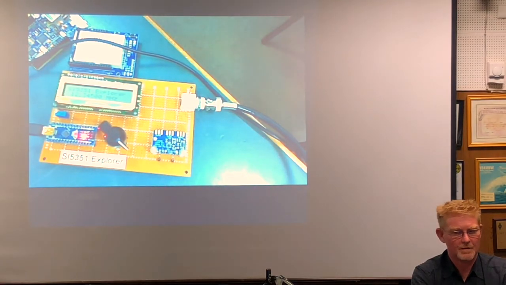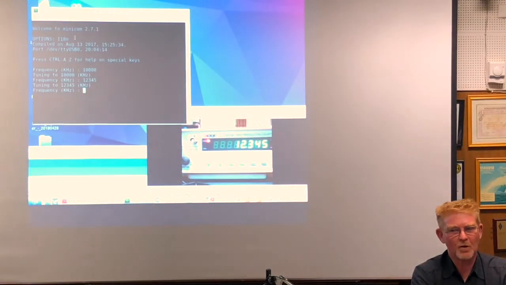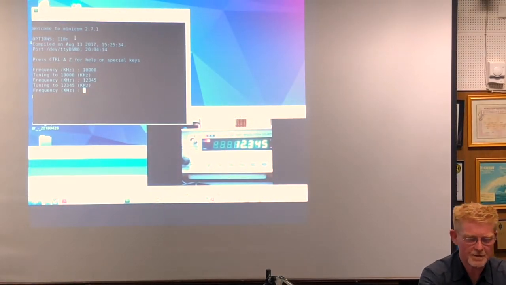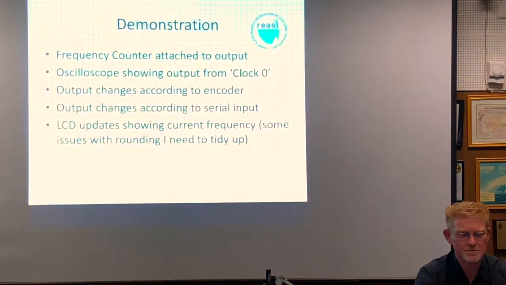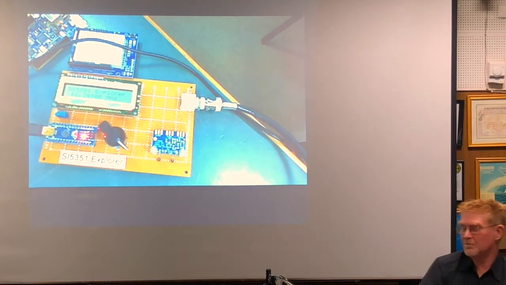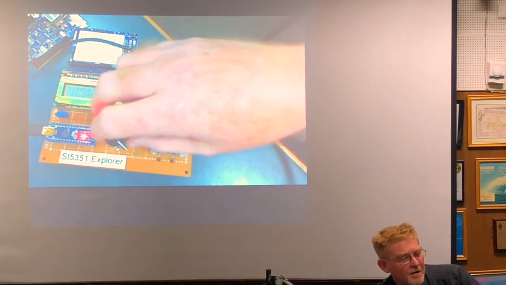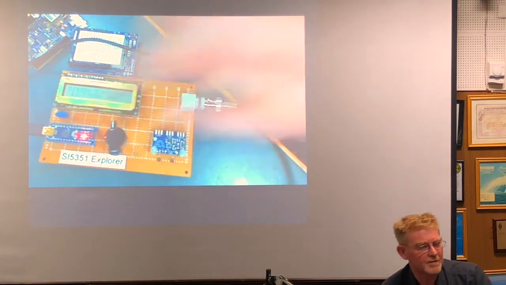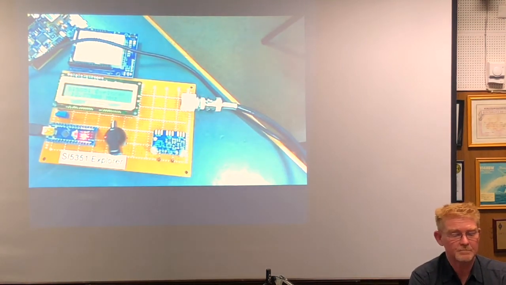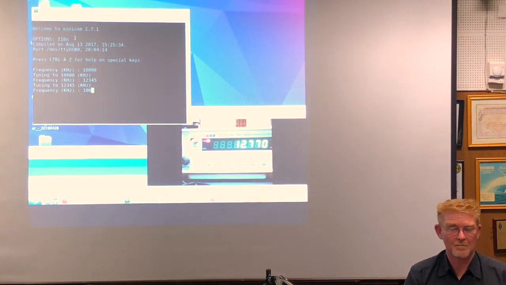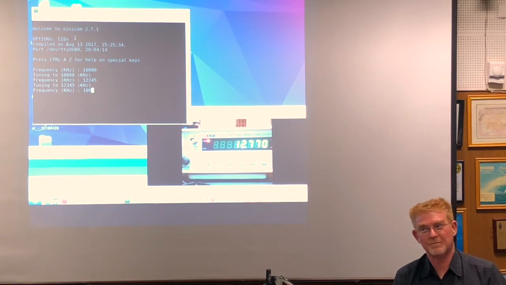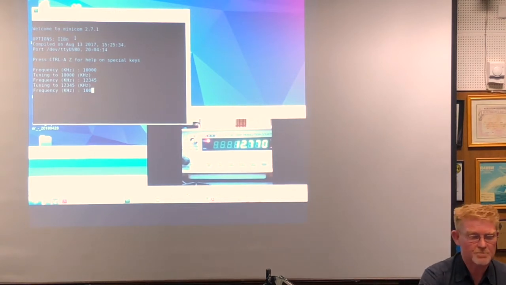Now, when I mentioned the complicated things about a serial port, if I go here, let's say we got 100 kilohertz, the display hasn't changed on the frequency counter. If I go back over to here, still 12.345, I can go back over here and just turn the dial around randomly, pick another random number, 12.77. Frequency output's 12.77, but because I'm not going to do anything until I get a carriage return from the input, nothing happens there. Press return.